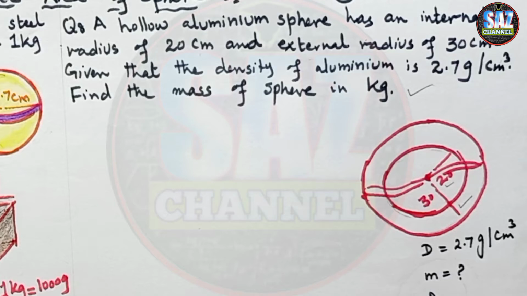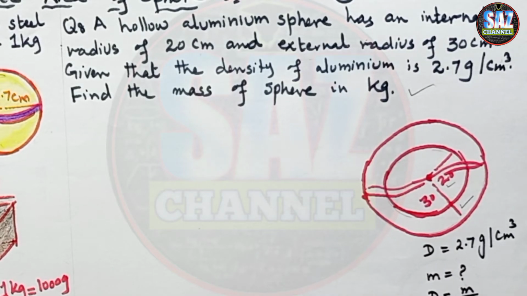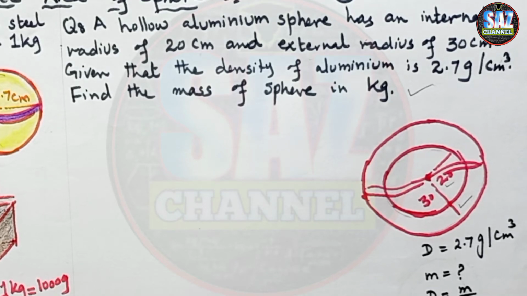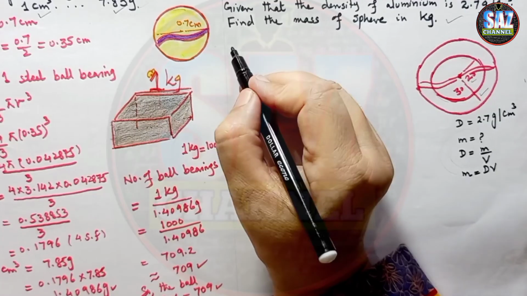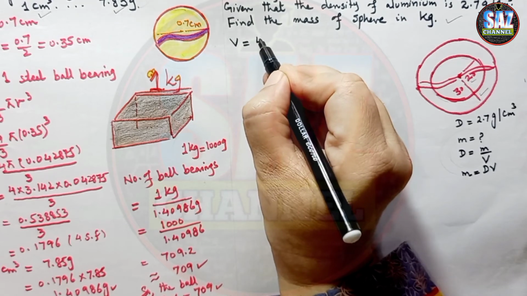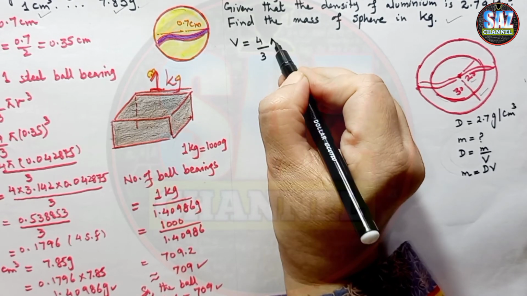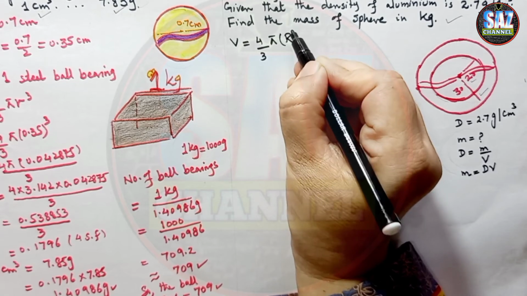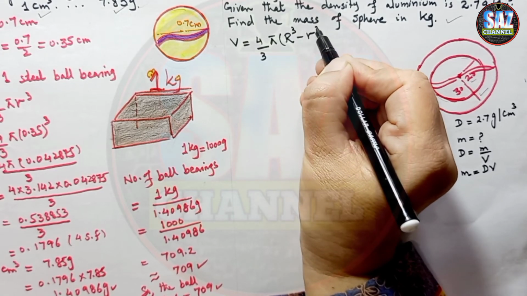So the formula for the mass is density equals mass upon volume, and mass, which is the requirement of the question, equals D multiplied by V. Density is given but volume is not given. So first of all, we have to find the volume of this sphere. The formula for the volume of a hollow sphere is 4 by 3 into pi into capital R cube minus small r cube. Okay,